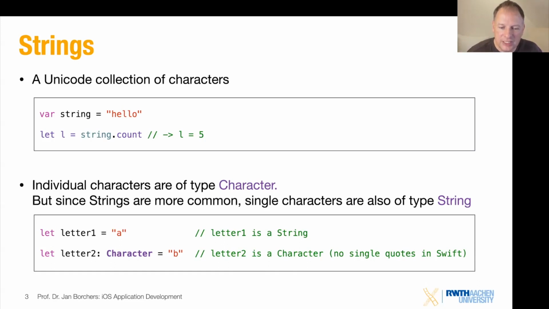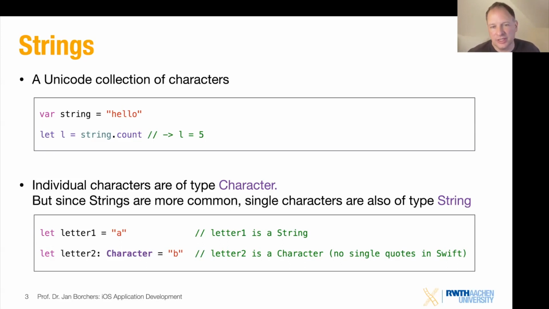This also already hints at the fact that strings are not your very basic simple data type with nothing attached to it. It's more a bit like in Java where strings are a class. Here strings also apparently seem to be something slightly more complex. They could be a struct, they could be a class, we don't know yet, but we see that with the dot operation, obviously strings have methods attached to them and other member variables attached to them than just the pure contents that they contain.